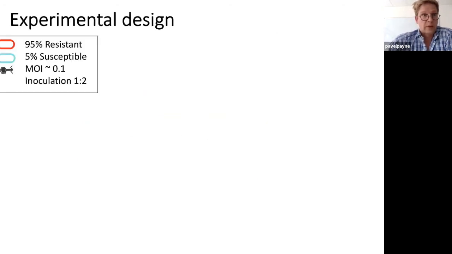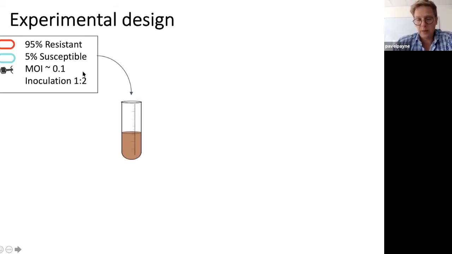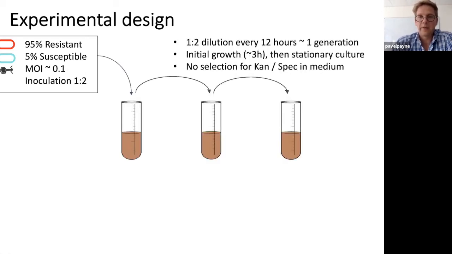So we wanted to test to what extent this hypothetical effect plays a role in the within-population dynamics of bacterial evolution. And so we mixed the 2 strains in a ratio close to the herd immunity threshold, and we added a phage with a multiplicity of infection of 0.1 and inoculated that in a tube. And then we propagated the tube every about 12 hours with 1:2 dilution, which allows for only 1 generation on average